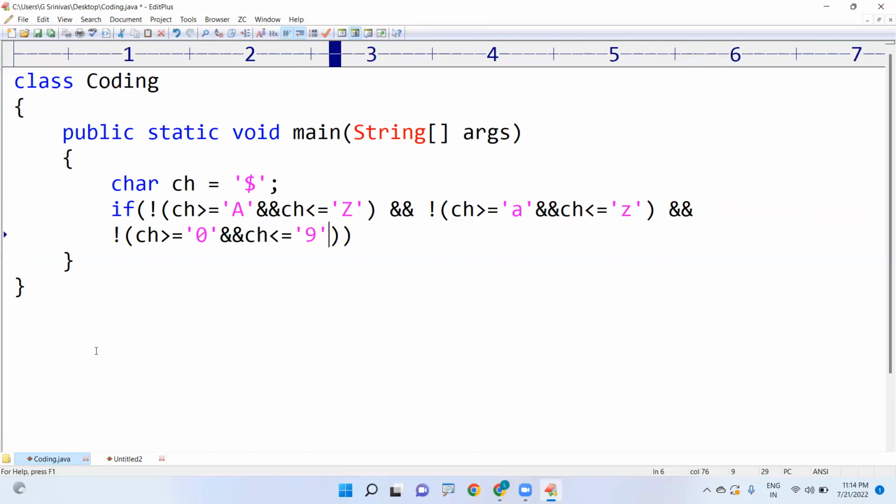If it is not an uppercase alphabet, not a lowercase alphabet, and not a digit, then we can decide that